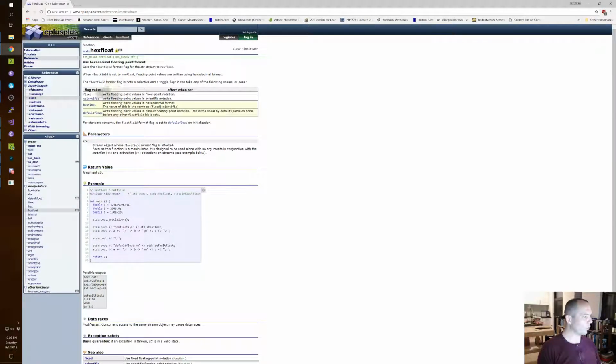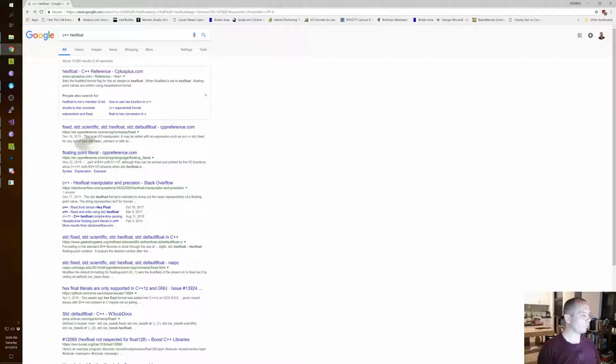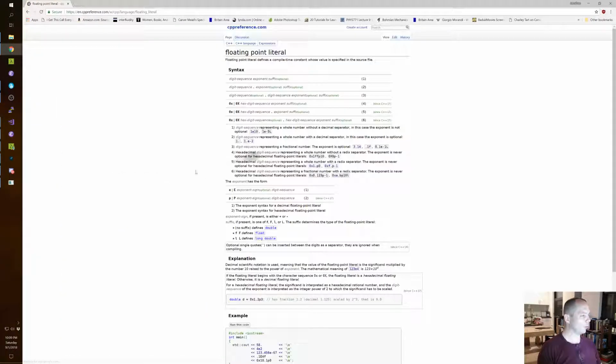Of course, this is not the documentation of the input. That's like a function that prints it. Floating point literal. Representing a whole number without a radix separator. Oh wait, that's an integer. Hexadecimal digit sequence representing with a radix separator. The exponent is never optional for hexadecimal floating point literals.